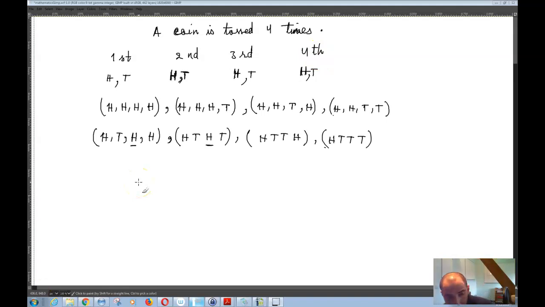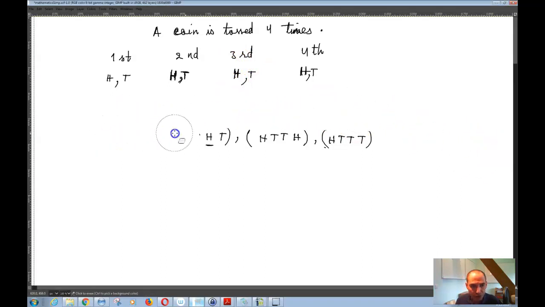Okay, so now in order to solve this problem, I don't know where exactly I was, but I'm going to start over. So you see, to solve this problem where the coin is tossed 4 times, you already had the problem that the coin was tossed 2 times. When the coin was tossed 2 times, the first time you could get heads and tails. The second time you could get heads and tails, and then